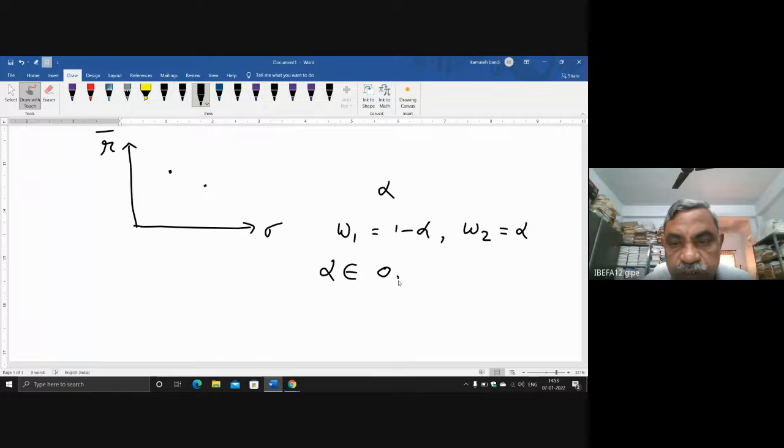Alpha in the range 0 to 1. Okay. If alpha is outside this range, then one or the other asset has a negative weight. A negative weight indicates short selling. A simple diagram will clarify this idea. Okay. Let us take the case